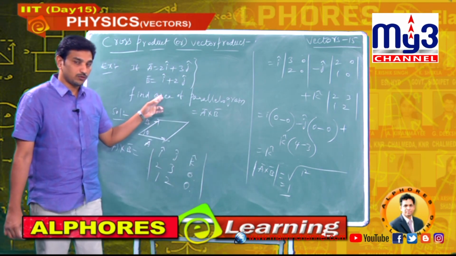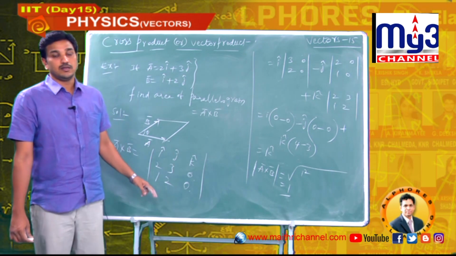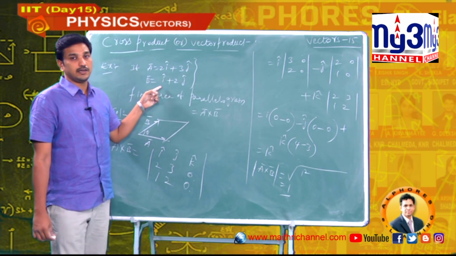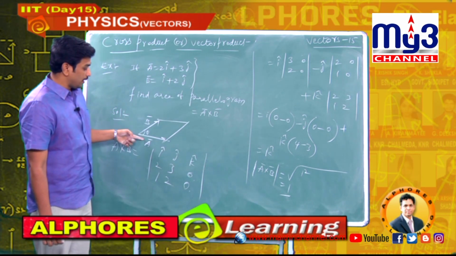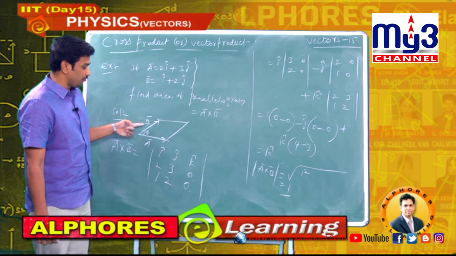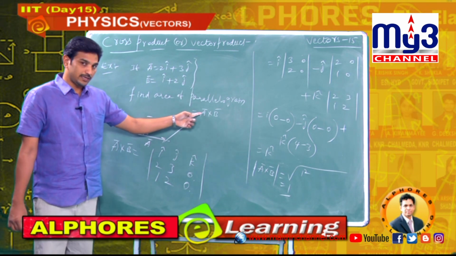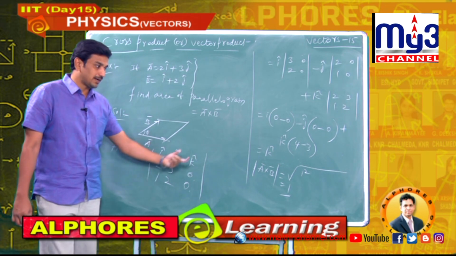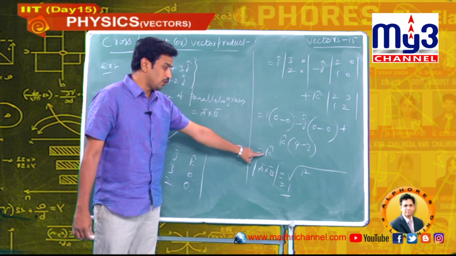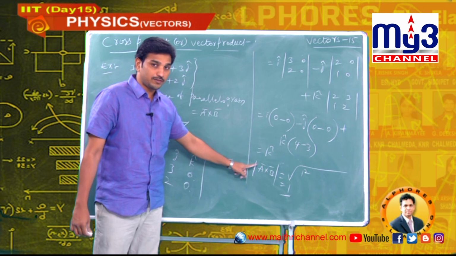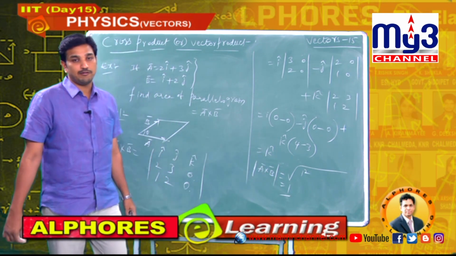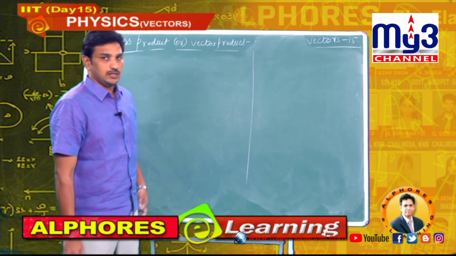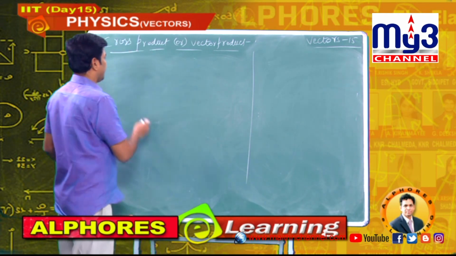So A bar given in the question, B bar given in the question, these two are adjacent sides of parallelogram. Now they are asking us to calculate area of parallelogram. If you know A bar, B bar are two sides of parallelogram, how to find area of parallelogram? We proved it, A bar cross B bar. You know how to do A cross B, applied, final answer, area of parallelogram is K cap. What is the magnitude of the area? 1. Now area of parallelogram is unit vector. See one more example.